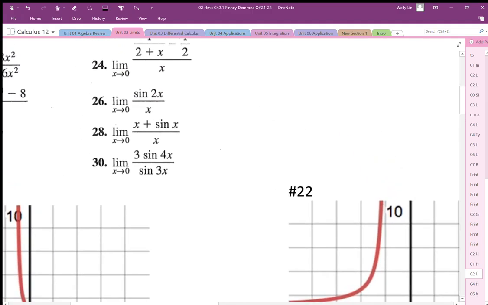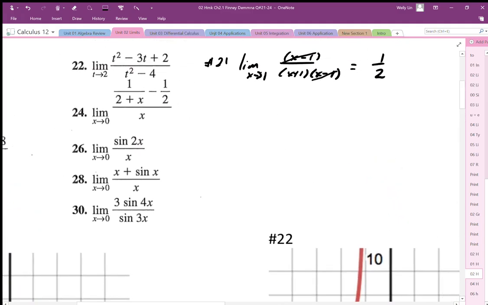If I plug in t equals 2 into number 22, I get 0 divided by 0. So this is a bit of a problem. So I want to evaluate that algebraically. I'm going to see if I can get rid of that divide by 0 algebraically. So we end up with t minus 3, t minus 1 in the numerator, in the denominator, t minus 3,